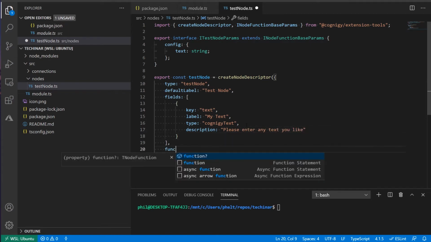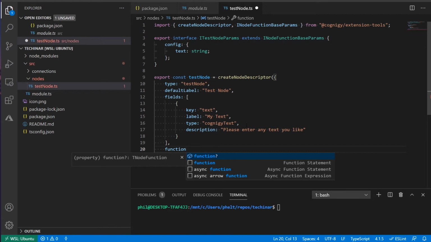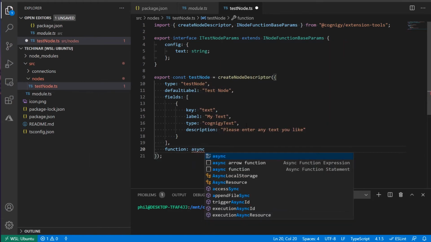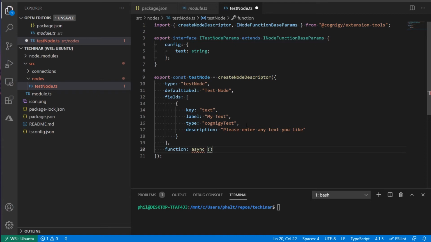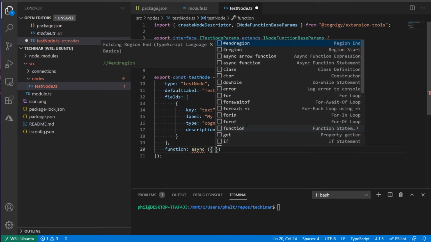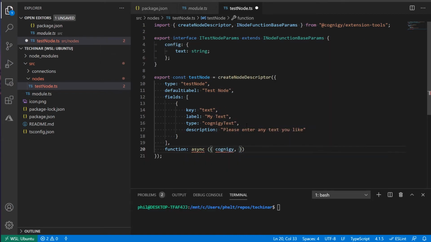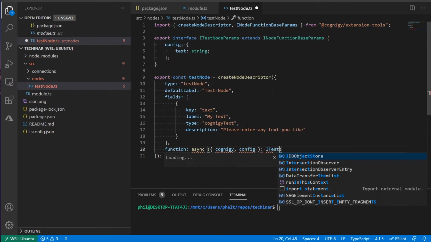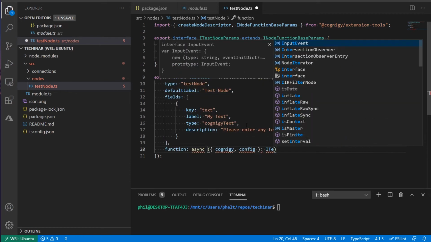Now, last but not least, we're going to add the function into this. The function is an asynchronous function, and we are going to add the Cognigy variable into it and the config. The Cognigy parameter gives us access to all the, sorry, one second here.